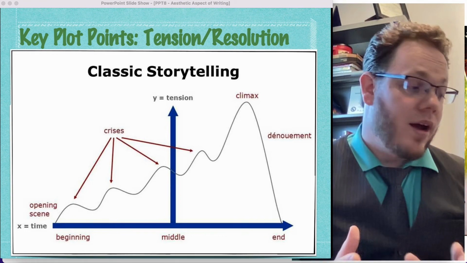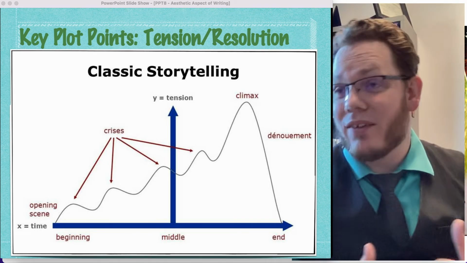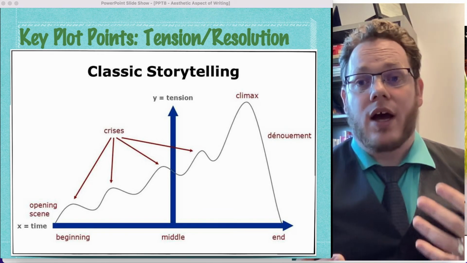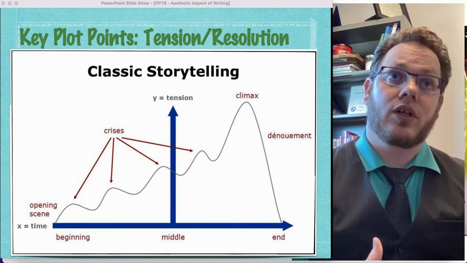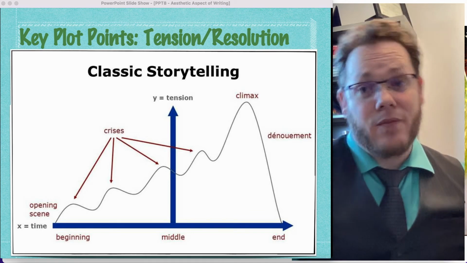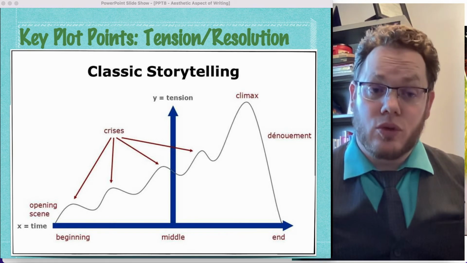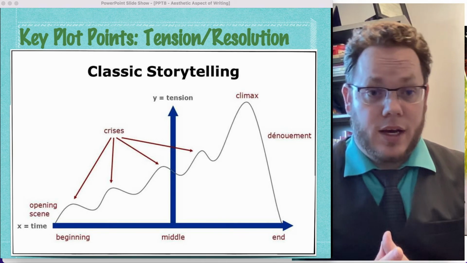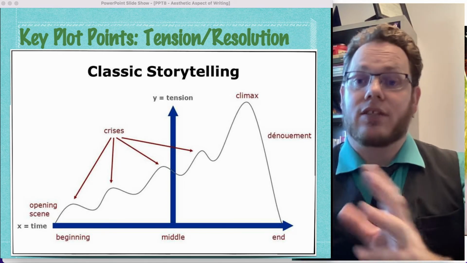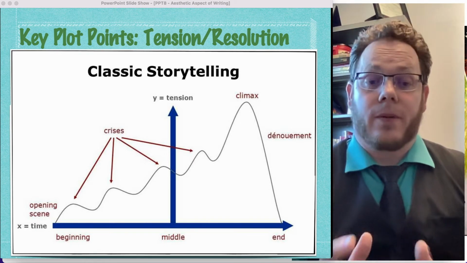some ending. And even though story is usually considered more on the creative writing or literature side of things, so it's really more aesthetically oriented, it is just as much a rhetorical principle, because creative writers are very intentional about what scenes to present to their readers. So it is a meaningful thing, and it does have rhetorical principles applied as well. What's my purpose, and what am I trying to do? What's the promise I've given in the beginning to the reader, and how do I give them scenes along the way that help them see the development of this character or this society or whatever the focus of my story is? So beginning, middle, end.